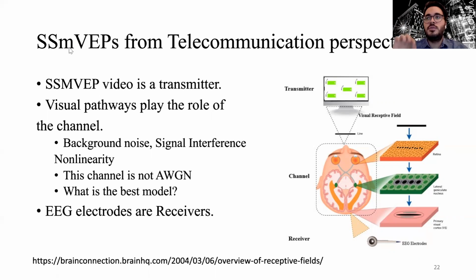The emitted photons will be transformed to firing neurons within the retina. Then the signal is passed to the visual pathways of the brain. Ultimately, the modulated signal reaches the visual cortex, where most of the EEG electrodes are implanted in our experiment. These electrodes correspond to the receiver. The visual pathways, retina, and visual receptive field all will be part of a channel. This channel is obviously not an AWGN channel,